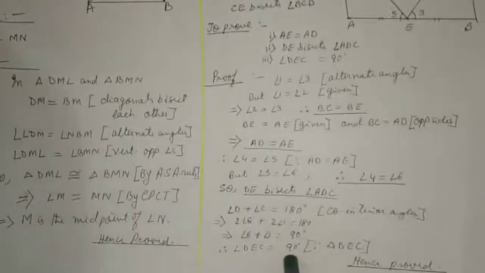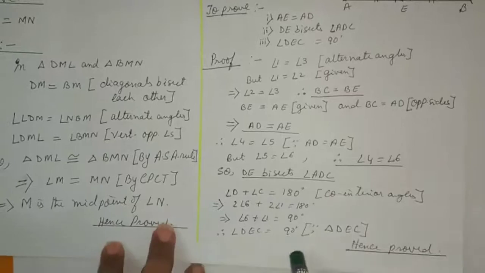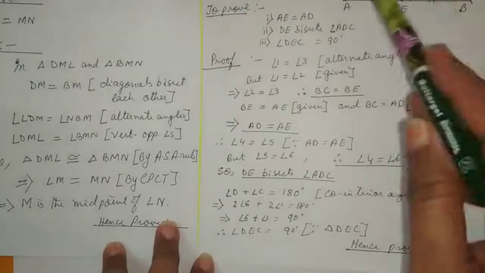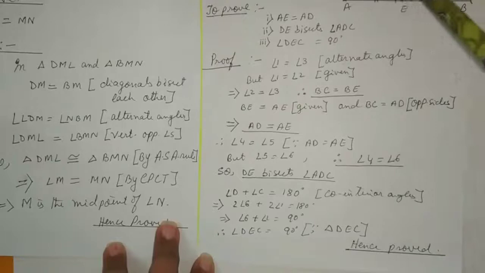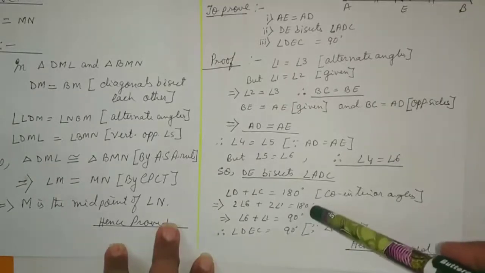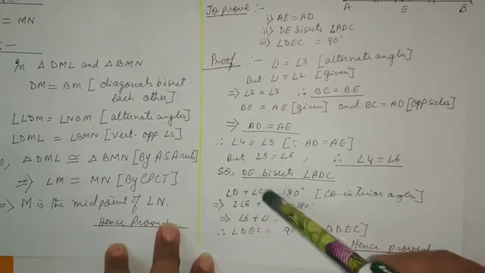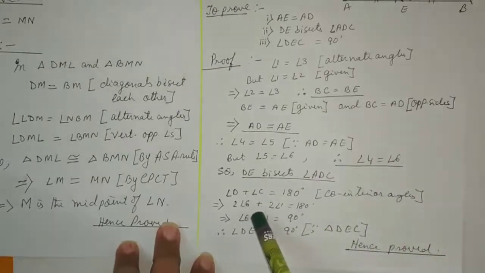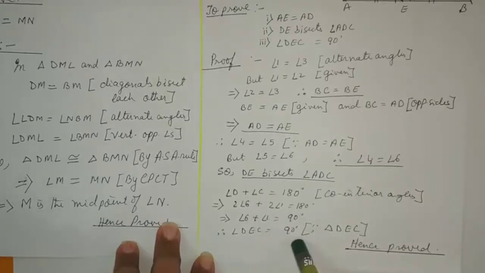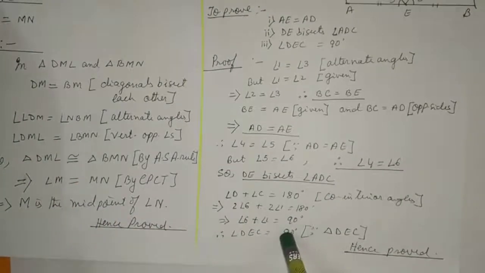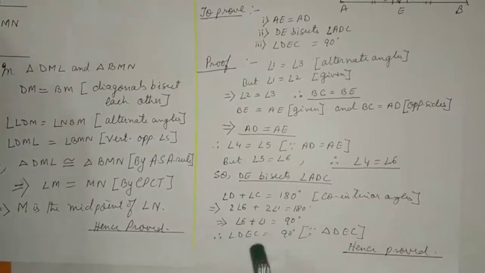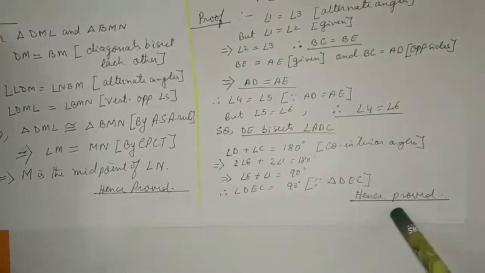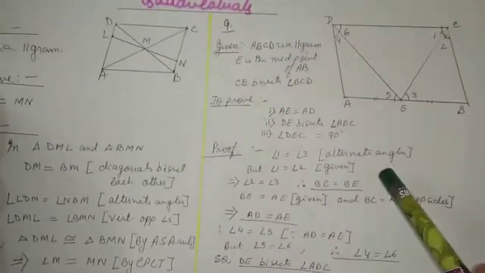Now the 90-degree part. D and C, the sum of D and C, they are adjacent, which is equal to 180 degree. So half of D and half of C is 90 degree. Instead of half of D, we can write angle 6, and half of C is angle 1, and the third angle is 90 degree. A similar part we proved in the beginning, so this will be easy for you to understand. So this is the figure, this is the working, hence proved, and I am going to repeat it once again for you.